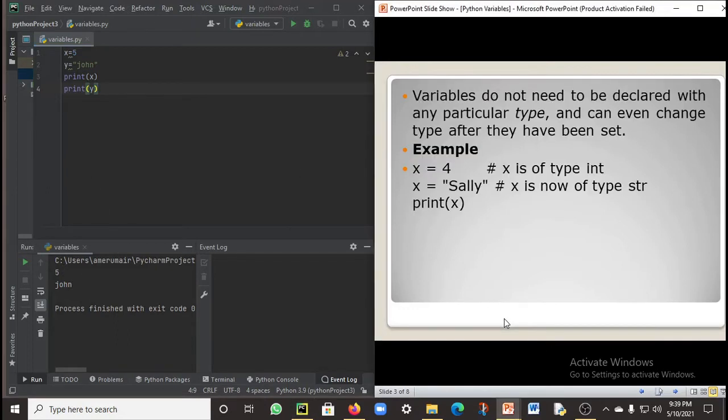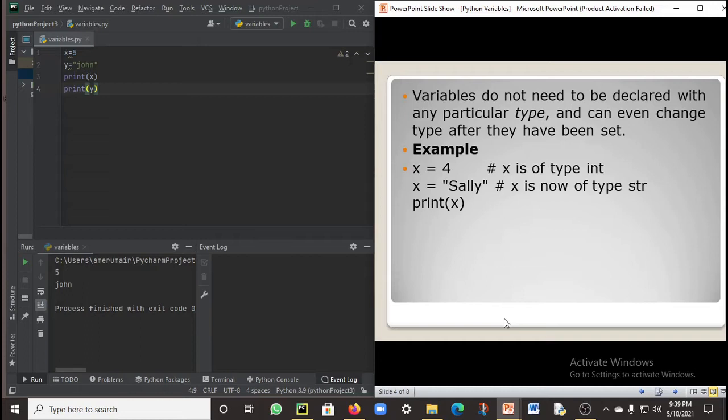So next is, variables do not need to be declared with any particular type and can even change type after they have been set. Now just suppose you are coding, like Google has 2 billion lines of code.